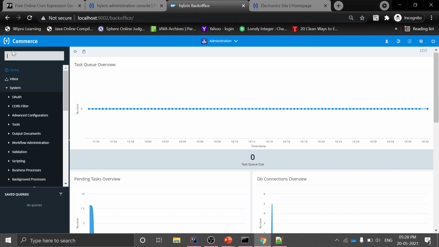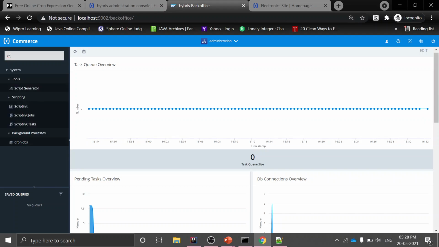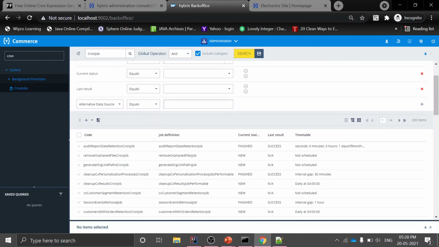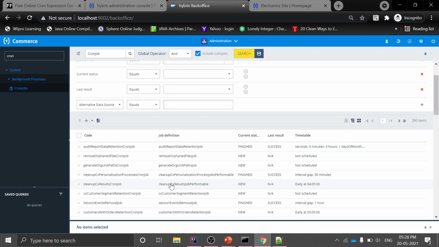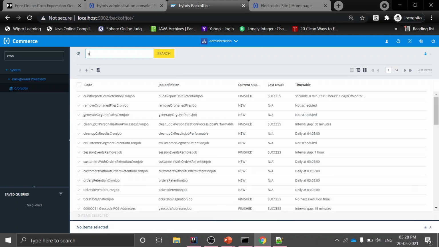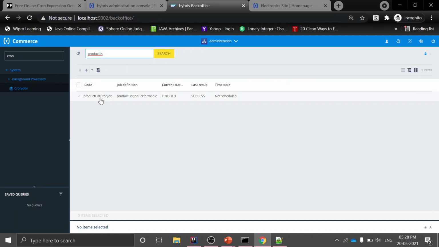Go to backoffice, open it, and on the left side type cron job and search it. You can search it by name, or if you have created it recently, it will show at the top. I will search it by name. Mine is product list job cron job. So this is my code which I have given.